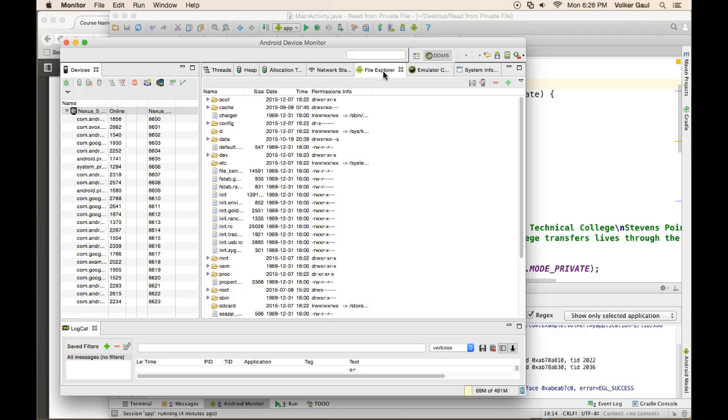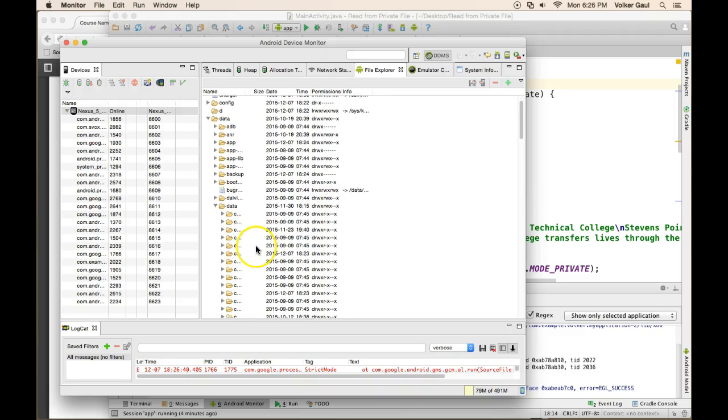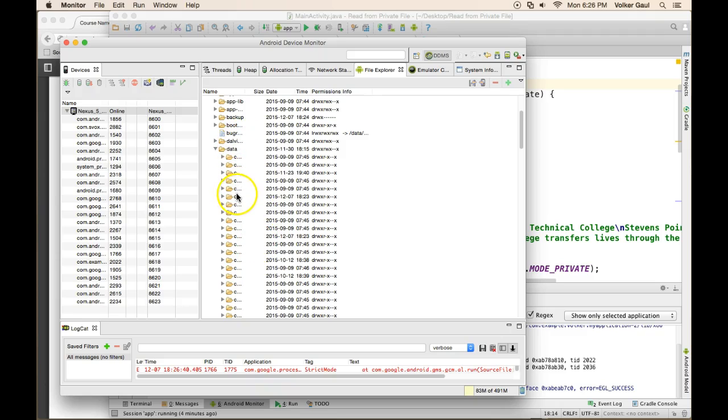Again, all of this is in my notes. What we want to dig into is the data folder, which has another data folder in it. Don't ask me why. Well, there are all these other kinds of data; this is pure data, I guess. And inside there, you see a bunch of project names, remember, with the com dot whatever,